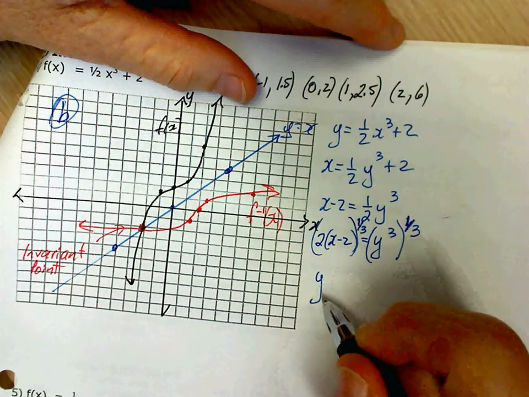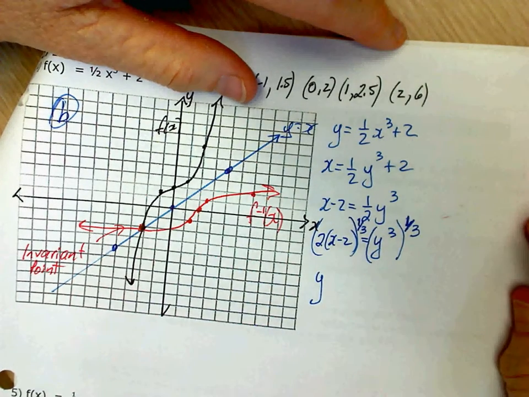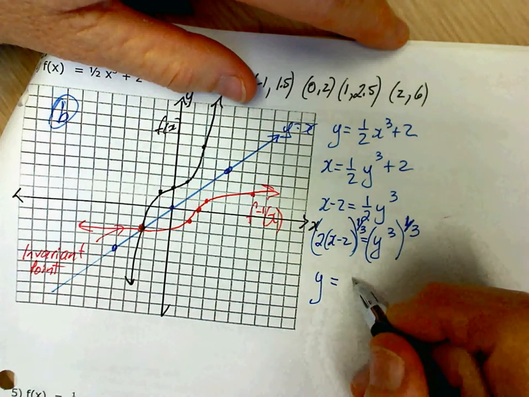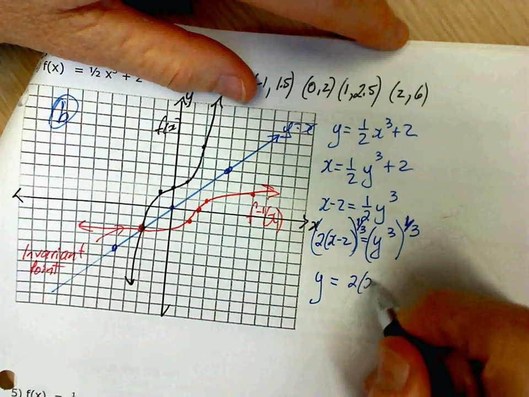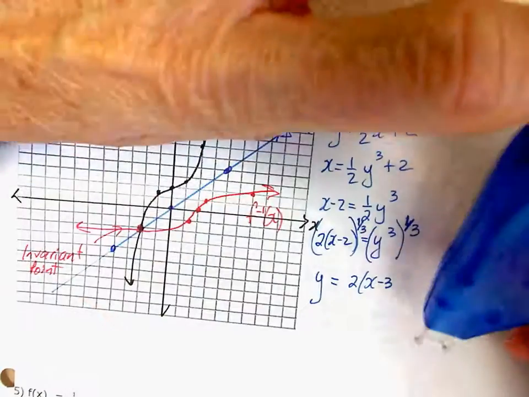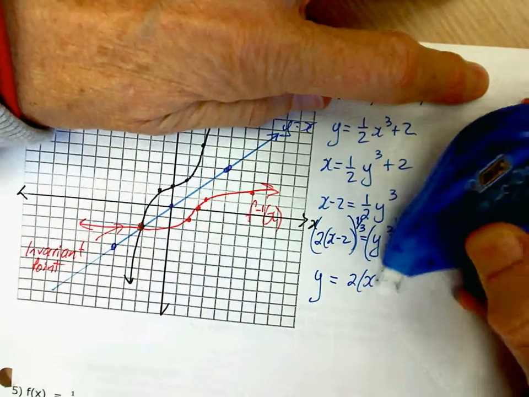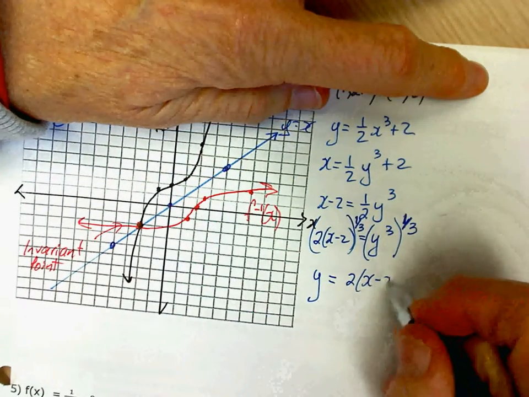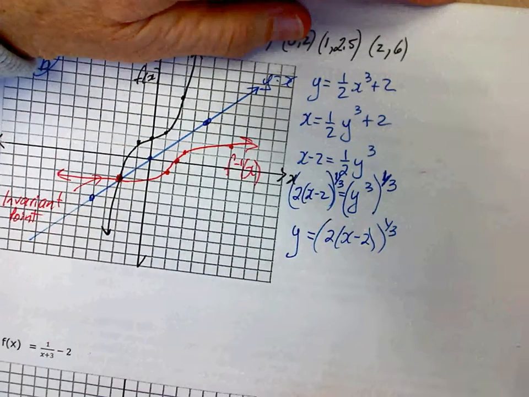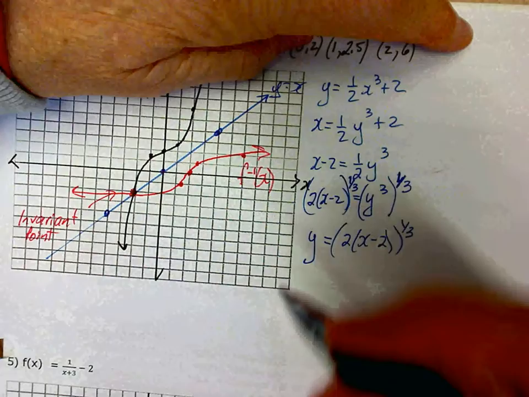No. Y equals 2 times x minus 3. Oh, made a boo-boo. That should be x minus 2. X minus 2 all to the 1/3. So f inverse of x